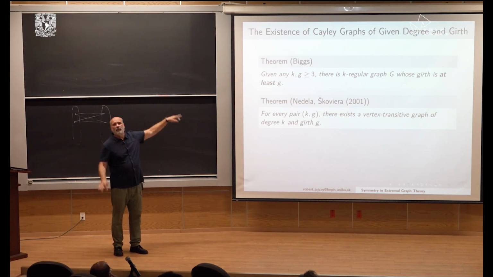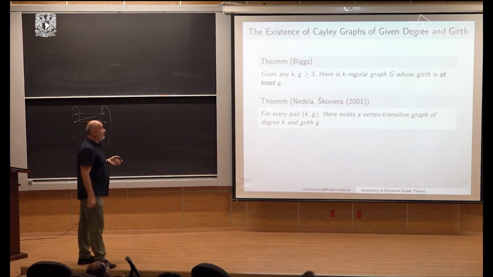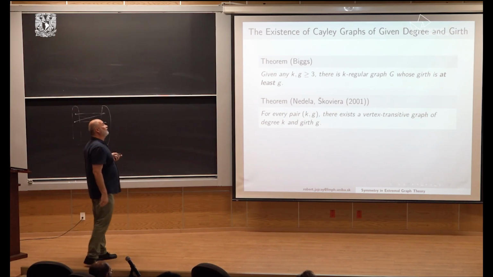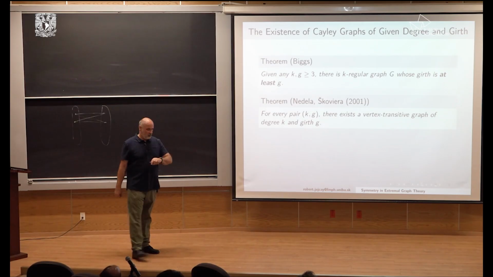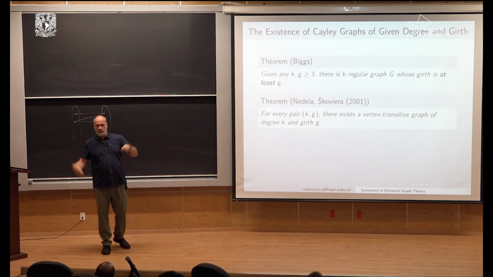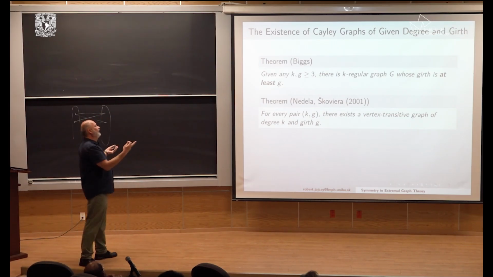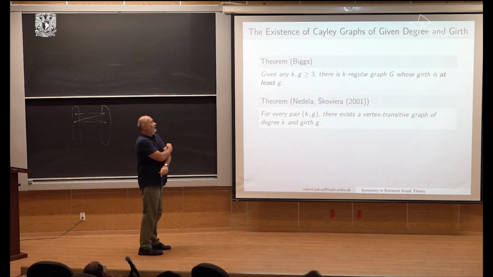This is a paper about topological graph theory, but they happen to prove that for every pair K, g, there exists a vertex transitive graph of degree K and girth g. Precisely. So this is nice. What that says is, for every problem, I can look for vertex